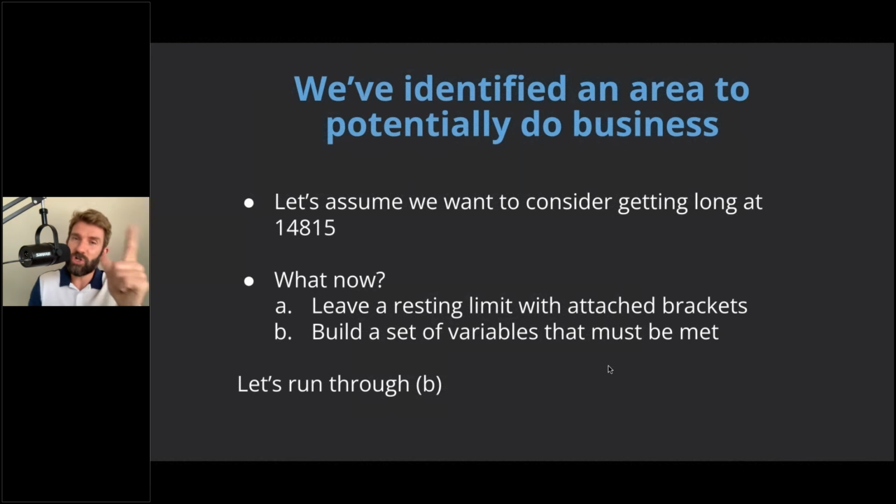So what now? What are our choices? Here's where it gets interesting, right? Let's imagine that's a level to do business. It's support. It's a range expectation. So stuff's fitting in with calibrated conditions. Tick, tick, tick, tick, tick. Now, what do we do now? The first option is option A.